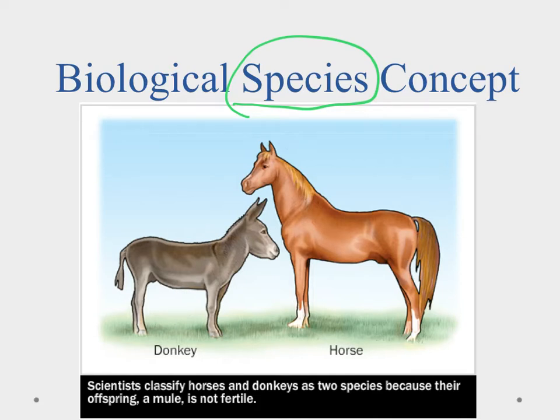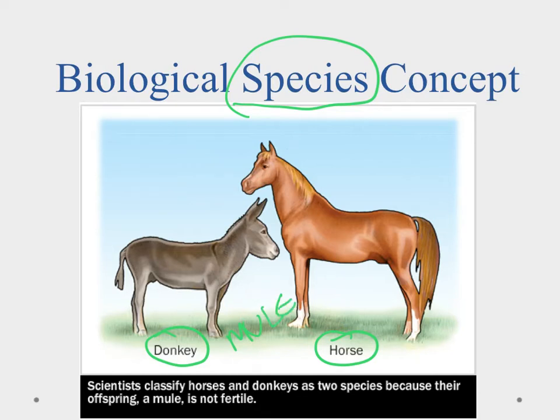So a group of donkeys is a species because if you take 2 of those donkeys and they reproduce, the offspring, the baby donkey that they have, will be able to reproduce as well. And the same is true with horses. Now, donkeys and horses kind of look alike, so what would happen if they were put together in a species? Could they breed? And in fact they can, and when a donkey and a horse are bred, the result is